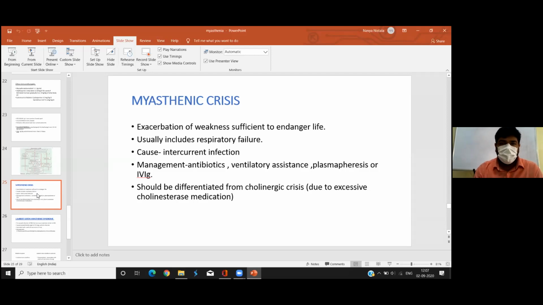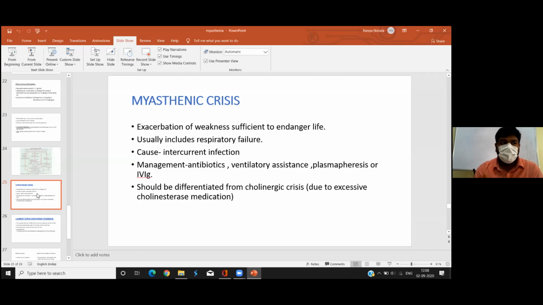So a greater amount of acetylcholine is available to act on the acetylcholine receptors. As such, the receptor availability is less, so we are making more acetylcholine available so that it has more chance of pairing with the acetylcholine receptors. So that is the summary of myasthenia gravis as well as Lambert-Eaton.